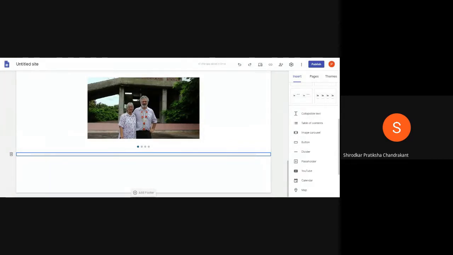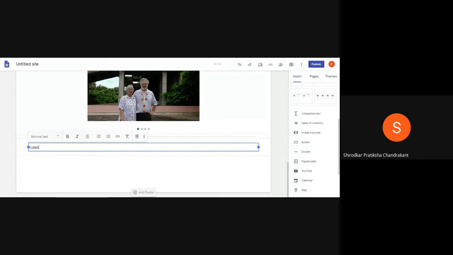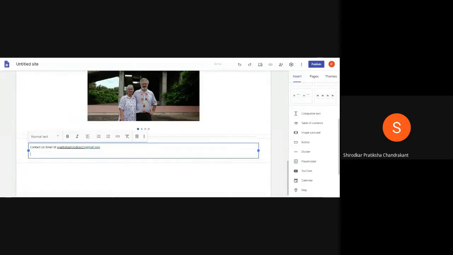The way we had an equal sign in Google Forms for creating a section, we have a single line here for creating a divider. So it divides your first page into two sections. The same thing you can do here as well. By clicking, you can add something related to your details, like contact us. You can add the email ID of your institution. I'll just add mine. You can add contact numbers or phone numbers there, or you can add the address of your college.